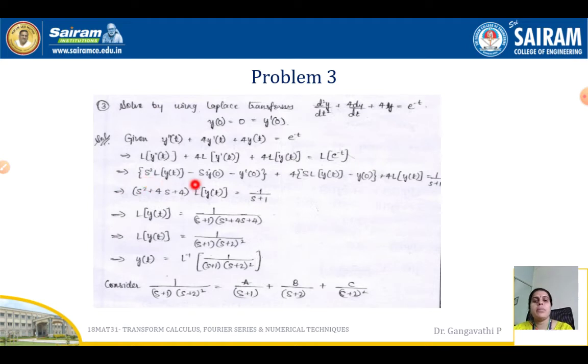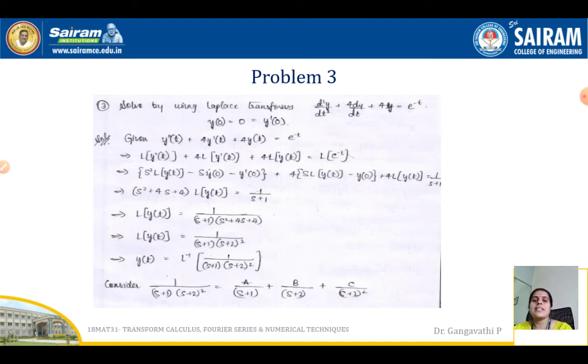expand each term by using the suitable substitution. So y double dash is replaced by this, y dash is replaced by this, and y of t is there as it is, and Laplace transform of e power minus t is 1 by s plus 1. In the previous problem, the other side of the equation we had taken as 0, but it need not be 0 always. It can be a function also. So this is how you will get an equation. So Laplace transform of e power minus t is 1 by s plus 1.